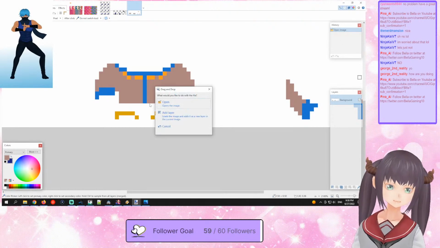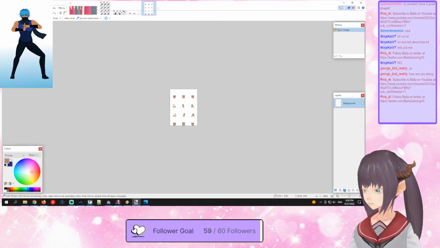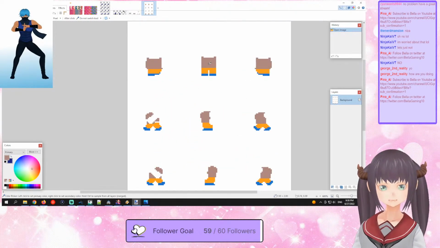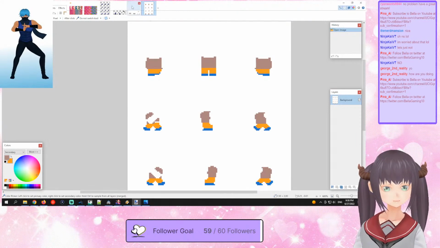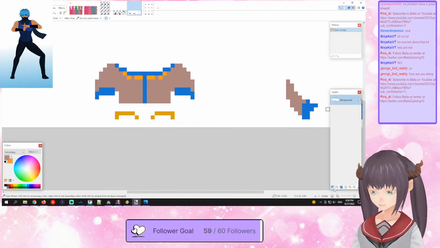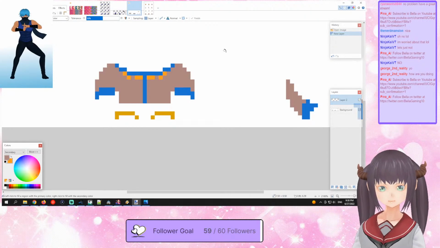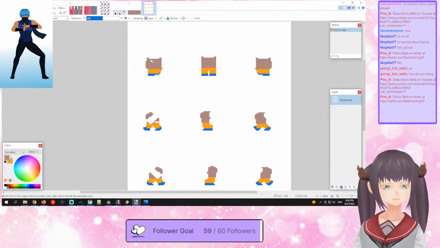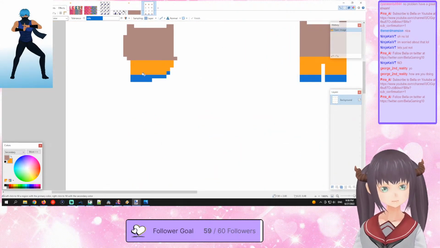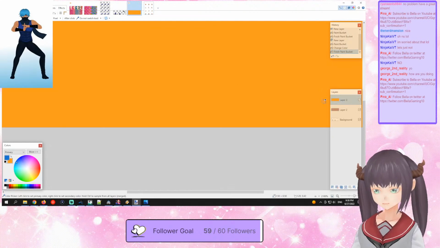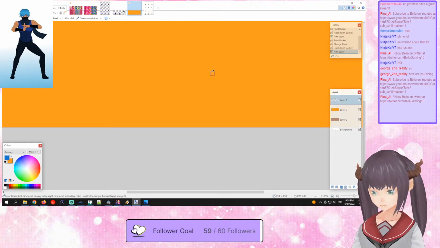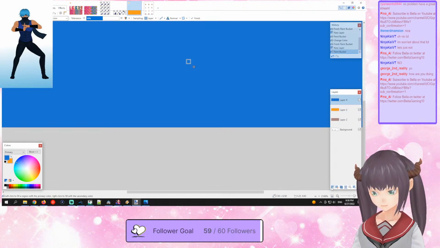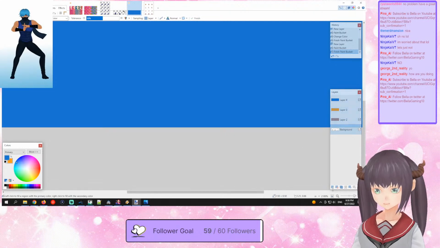Sometimes I will do this just to make sure I don't screw up colorings, like the shirt and the pants. So I'll add a layer, fill, shirt, layer, pants, layer, shoes,